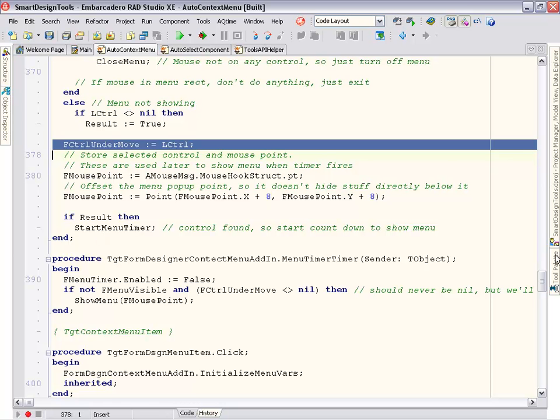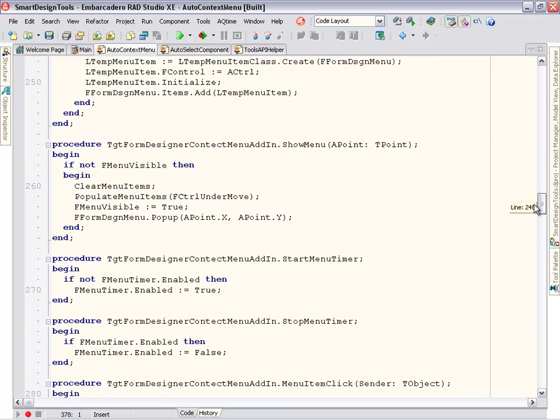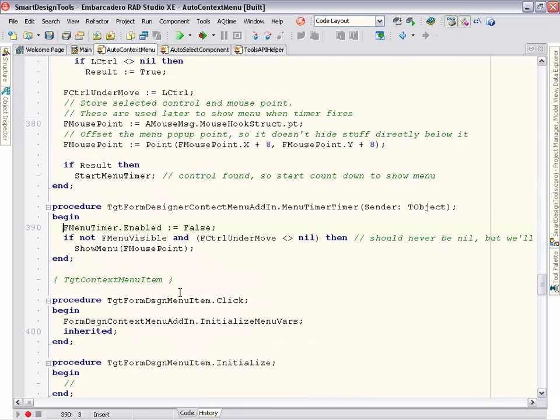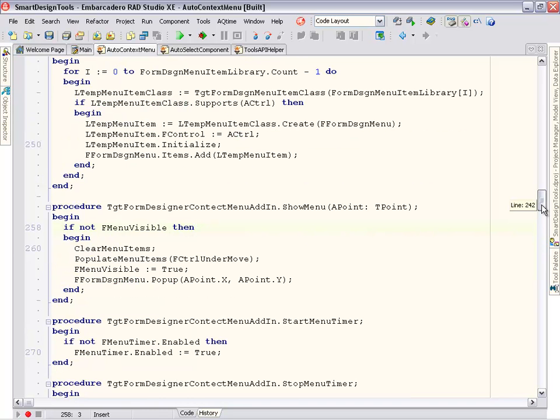So once the timer fires, let's go find the on-timer event. Once the timer fires, we call show menu on our class, passing the point of the mouse,